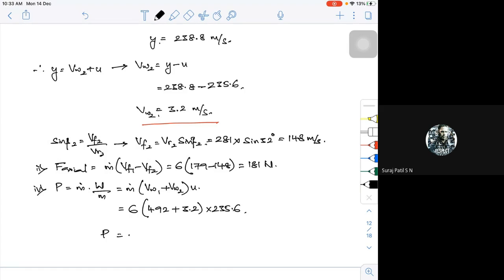I can round it off to around 700 kilowatts. See, all the quantities which we are supposed to get from the numerical, we got everything. So what are we supposed to find? We are supposed to find the